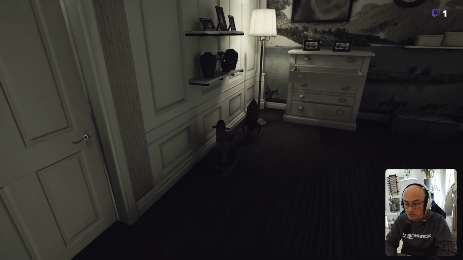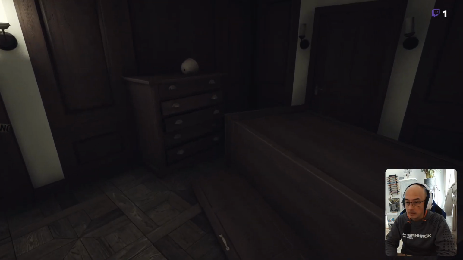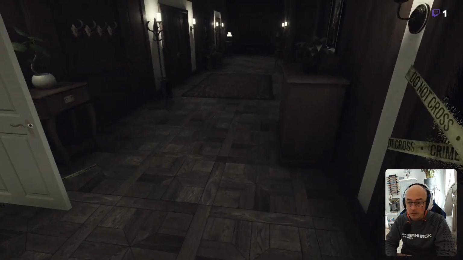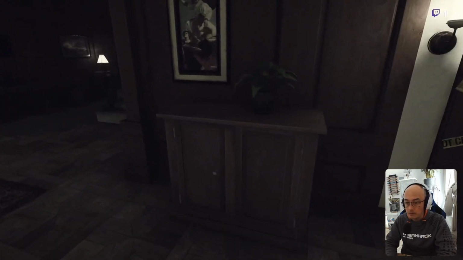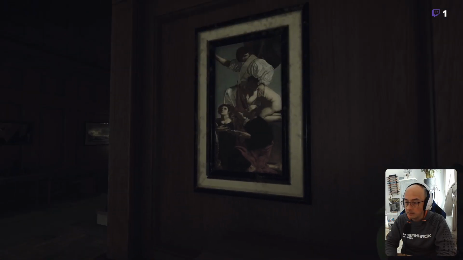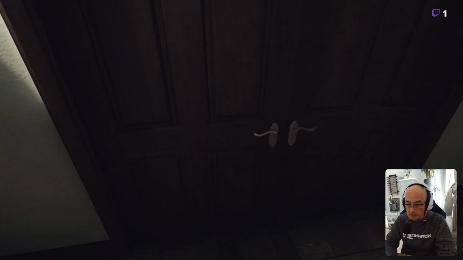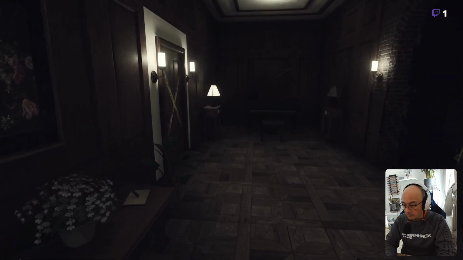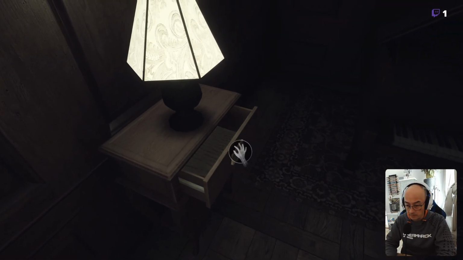So yeah, just checking we don't miss a thing. Sometimes taking a look at a photo or a document will trigger some kind of event. So that's why you have to check everything out.